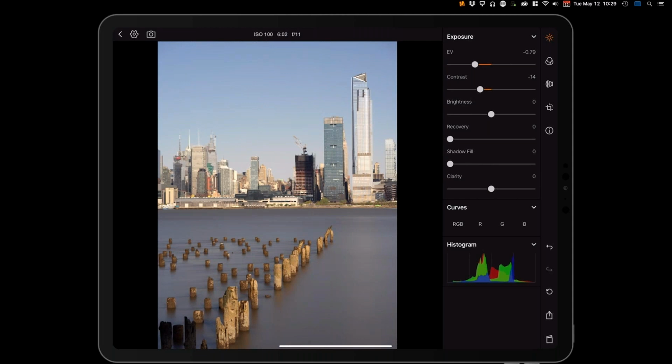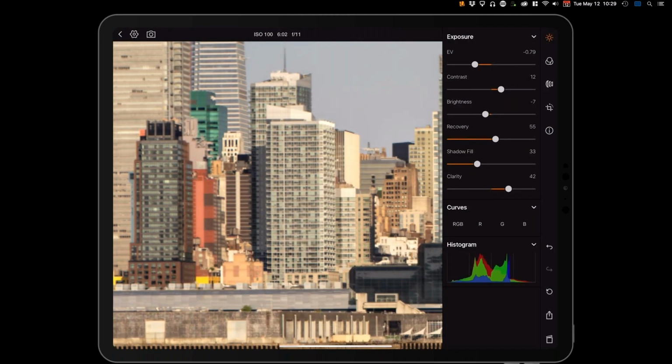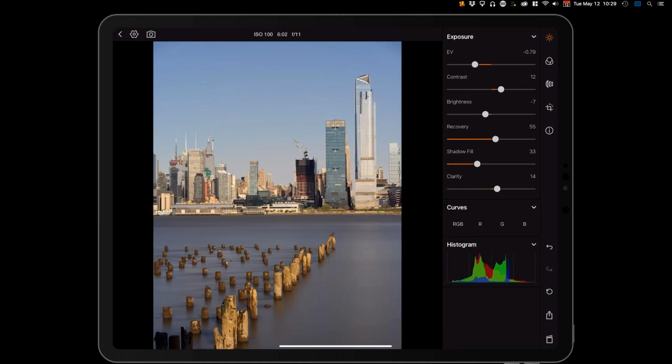But I can go through using the sliders. Very familiar user interface in terms of any other raw editor. So we have exposure, contrast, brightness, highlight recovery, and we can even bring in the shadow fill a little bit. And then for the clarity slider, of course, you can double tap to zoom in or pinch to zoom using 2 fingers and finagle the clarity there. Now down below that, you have the curves tool, which is presented either as a composite RGB, or you can separate out the channels for red, green, and blue. So if you're going for a pseudo, let's say, cross-process look, I'm personally not a fan, but mileage may vary, you could use the separate color curves there.